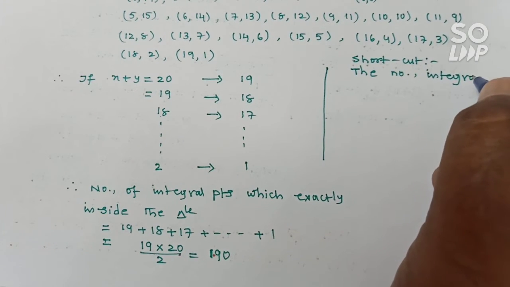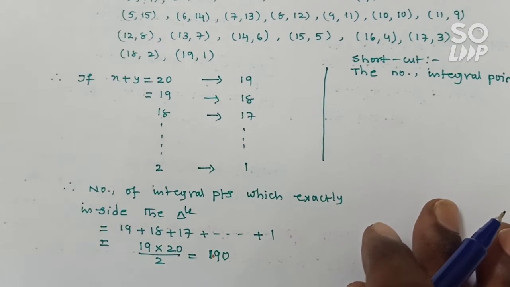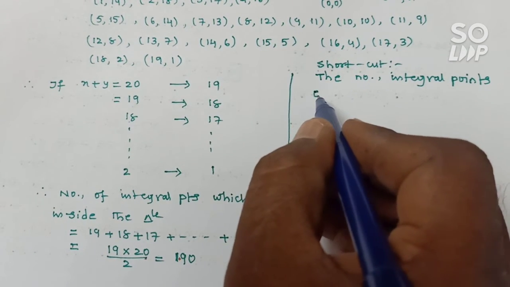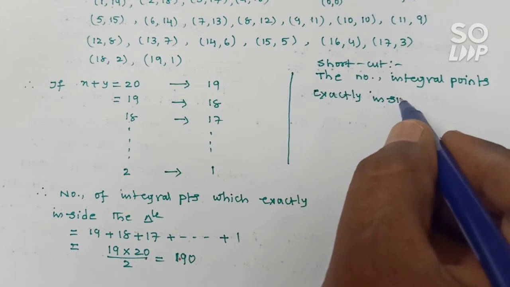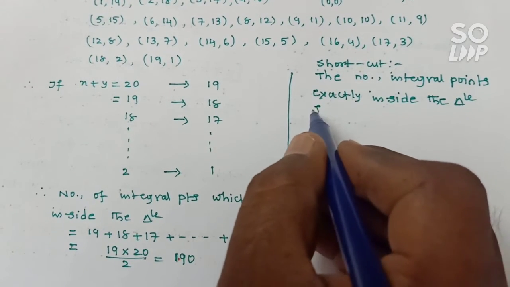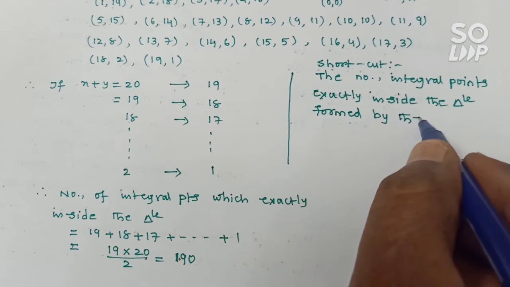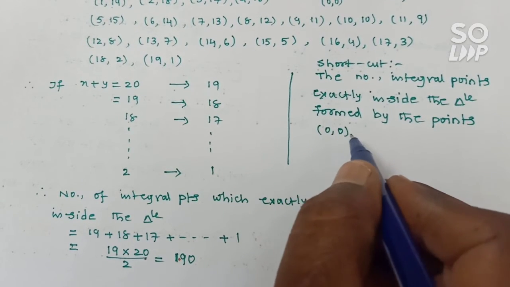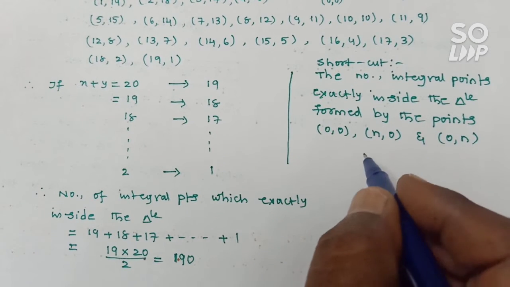The number of integral points exactly inside the triangle formed by the points (0, 0), (n, 0) and (0, n) is equal to